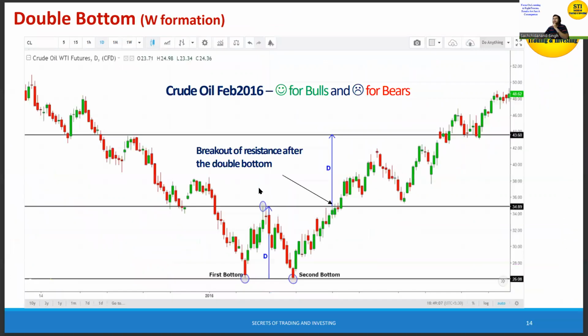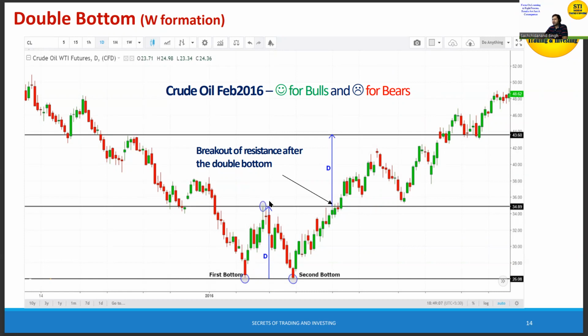Okay. So this is the inverted head and shoulder. And the second one is called double bottom, or the W formation. The double bottom is again the most effective one when it is actually at the bottom of the trend. That means the stock has touched the all-time low, and from there it again moved up, and one more time